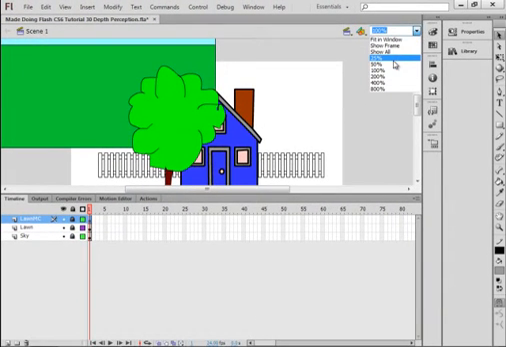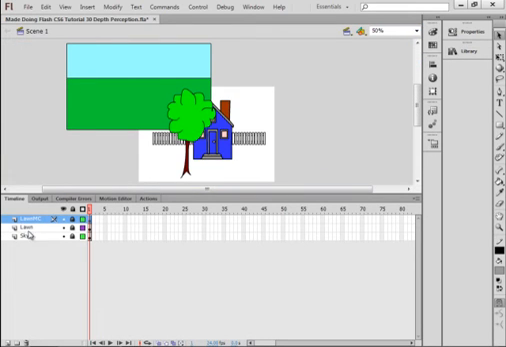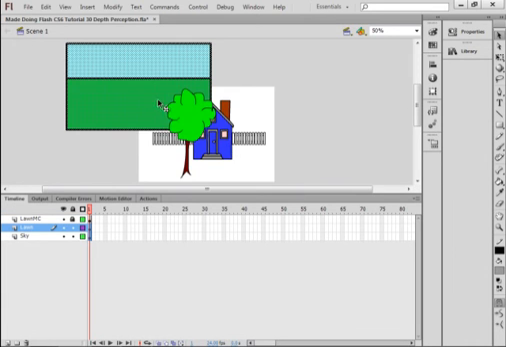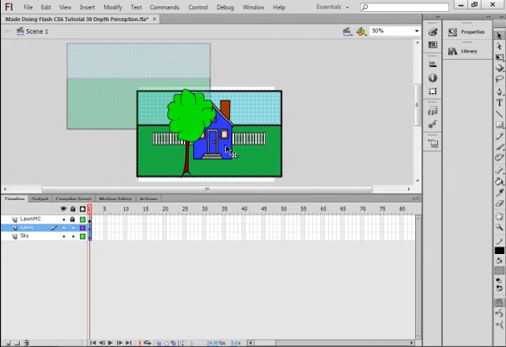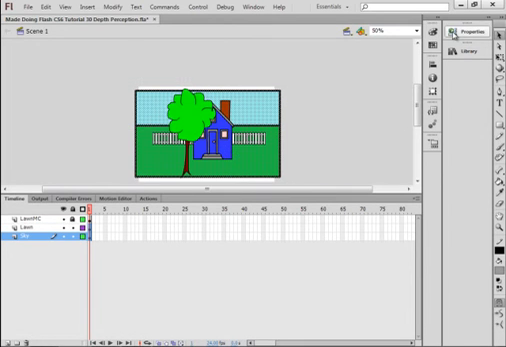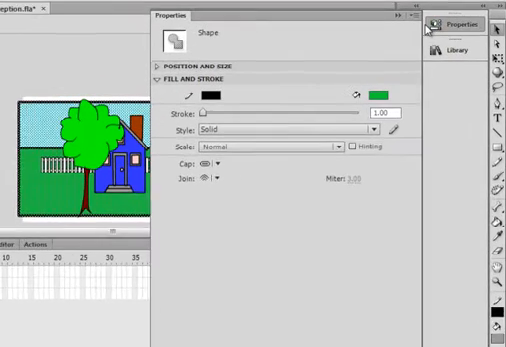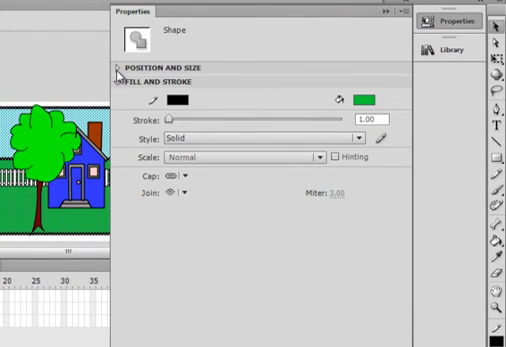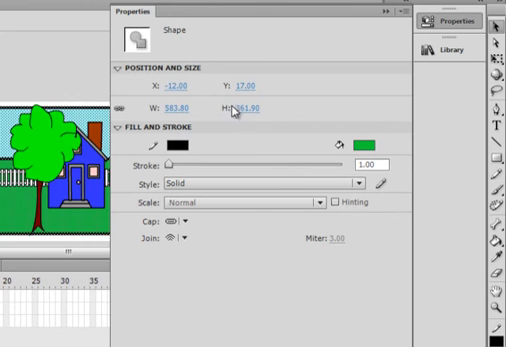Let's make this 50% for a minute. Unlock this lawn in the sky. I'm going to pick up my selection tool, highlight this, drag it roughly in position, open the properties panel, and I can position and size right here. I want the height to be a little bit bigger than 400. That's my stage size. So I'm going to make it 410. And I'm going to make my width about